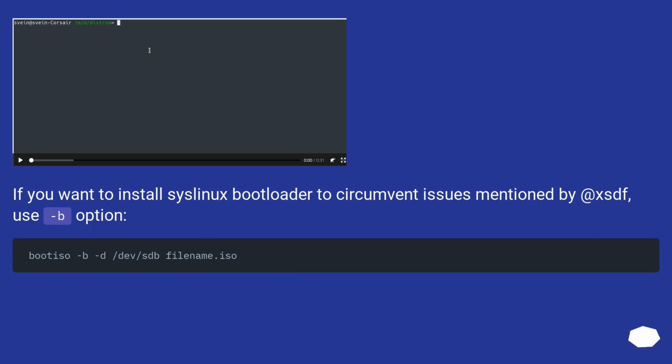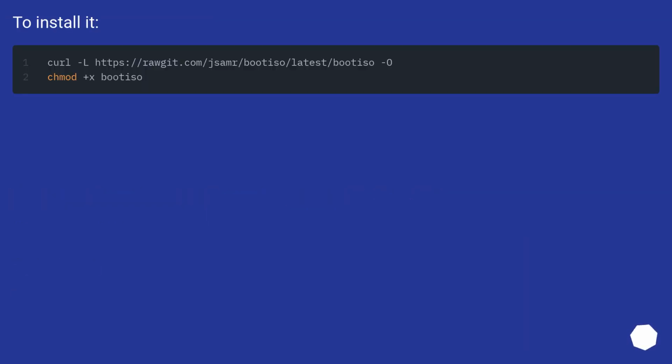If you want to install the syslinux bootloader to circumvent issues mentioned by @xsdf, use the option. To install it,